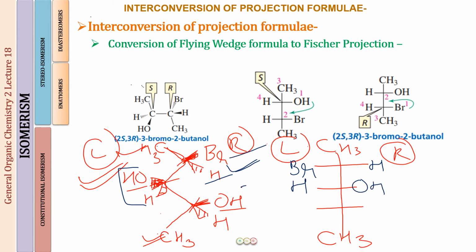Next, again we see the groups on the right side. So again we left the hydrogen, which was by a dash, on the right side, and we take the OH to the other side. So this is what you have. Now you are going to invert the molecule by an angle of 180 degrees so that you get the correct configuration. So CH3,